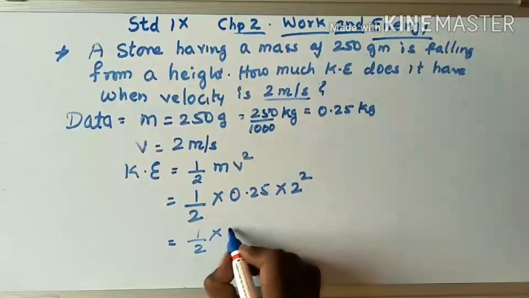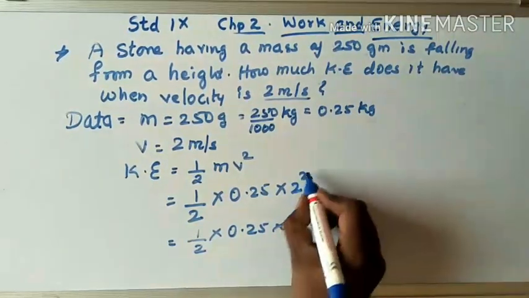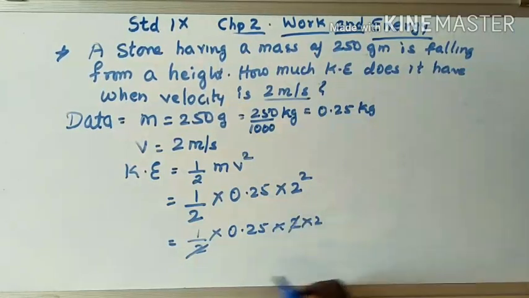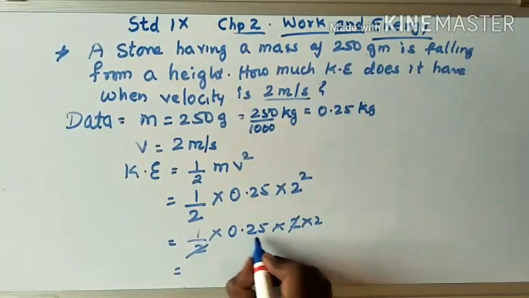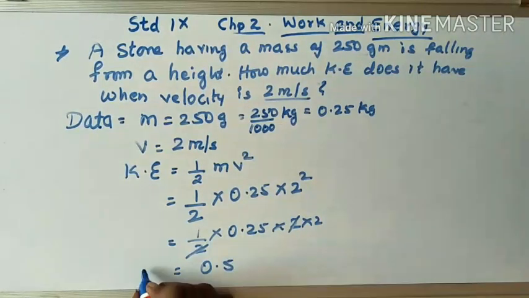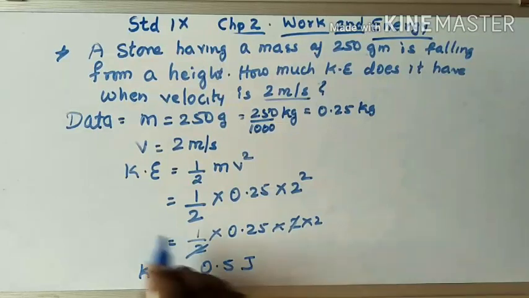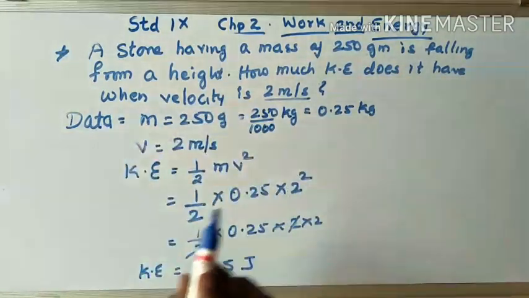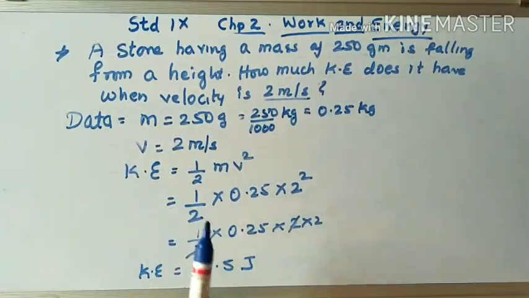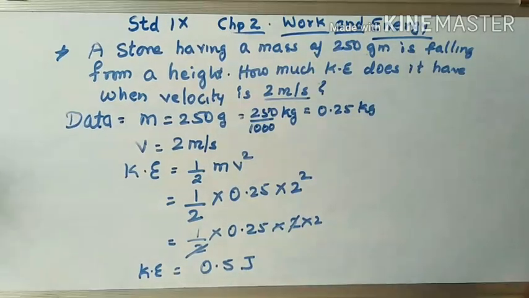Half into 0.25 into 2 into 2 because 2 square. 2 cancels. Now what is remaining? 0.25 into 2. So it comes to be 0.5. And what is the unit for kinetic energy? It is joule. So in this way, using these steps, you have to find the value for kinetic energy. So next, we'll